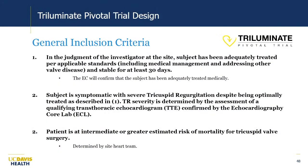So who are the patients that we're looking for in this trial? Basically, these are patients that have been on good medical therapy. If you've not been on a diuretic, we want you on as much diuretic as you can tolerate. If you have uncontrolled blood pressure, that needs to be treated first. If you have symptomatic mitral regurgitation and a bad ventricle, with ischemic or non-ischemic mitral regurgitation, that needs to be treated first. If you have aortic stenosis, that needs to be treated first. So basically all your left-sided disease has been addressed. You're on appropriate medical therapy, and if you still have symptomatic tricuspid regurgitation,